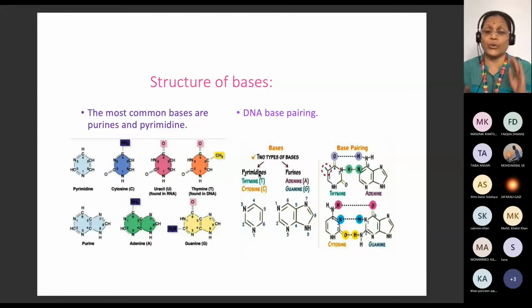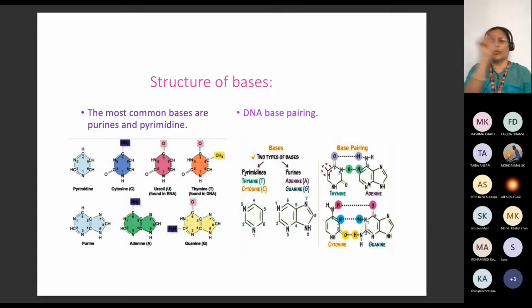Now, how are you to pair it up? This is your pyrimidine ring and this is your purine ring. So what is happening there? You have the hydrogen bond, and hydrogen bond we always have with a heteroatom. So here, hydrogen from one molecule can be bonded to oxygen or nitrogen of the other. So from here, hydrogen, you have a dotted line, and we can have this with oxygen. Or hydrogen of one molecule can form a bond with nitrogen of the other molecule, and this way we will have a second intermolecular hydrogen bond.